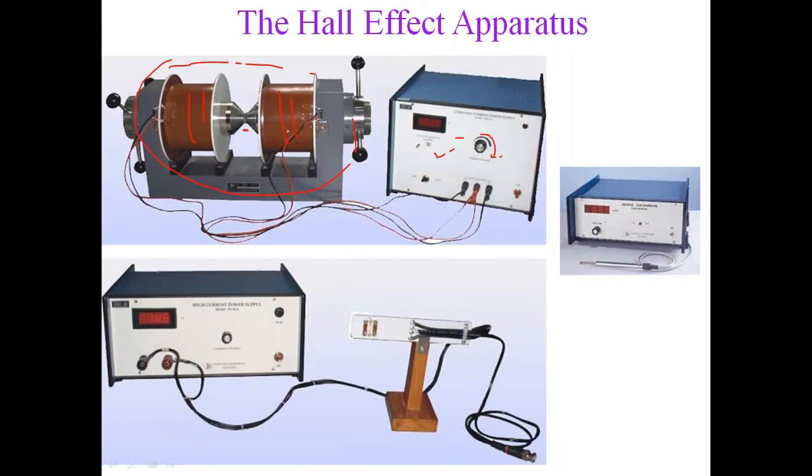But how will we measure that amount of magnetic field? For that we'll use this device called a Gauss meter. Why is it called a Gauss meter? Because here we are measuring the magnetic field in units of Gauss. Like if we measure voltage with our device, we call it a voltmeter. To measure current in ampere, the device is an ammeter. Similarly, this one is a Gauss meter.